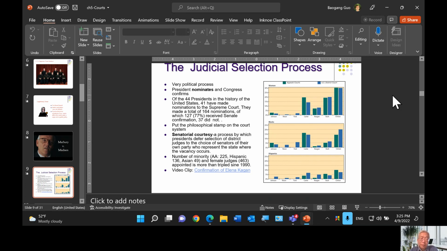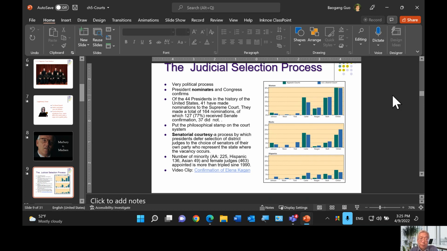Okay, so this time Judge Jackson had an easy time getting confirmed. That's because the Democratic Party controls both the House and the Senate, plus the White House. So it's not that difficult this time.